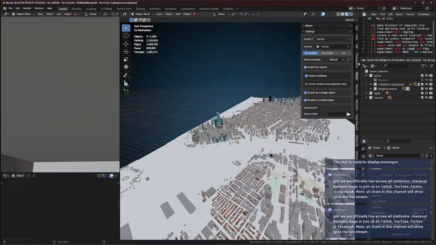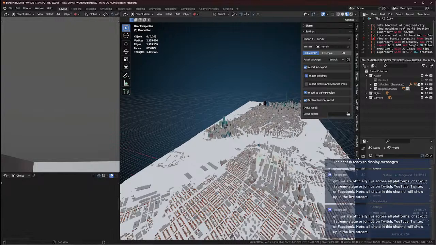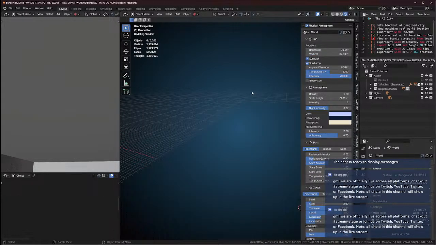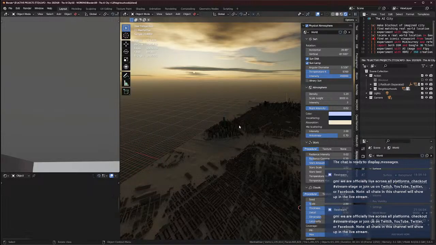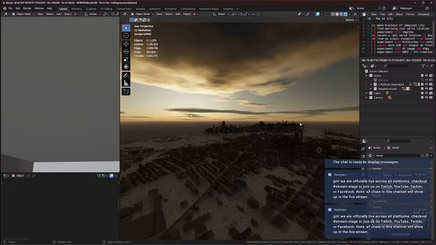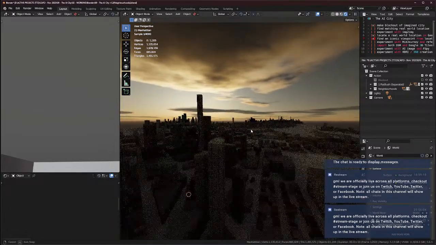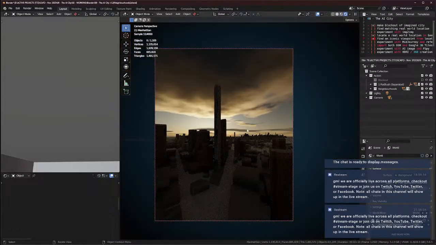Okay, let's see what this looks like with some lighting. So we have our atmosphere. Now, if I turn on the rendered view, let's see, because this is where we have a lot of textures. That's not bad. So that was pretty quick. And now, I mean, we've already got something pretty cool. So if we go to our view,